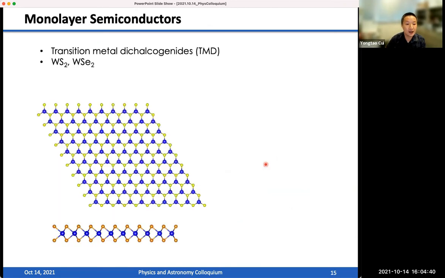Okay, later on, people realized that another kind of 2D material, TMD, the transition metal dichalcogenide, could be a better system to study strong correlations. These materials themselves are semiconductors, which means we have a valence band and a conduction band, separated by an energy gap. When we stack two of those together, especially if you pick two different materials, say tungsten sulfide and tungsten selenide, they have a small